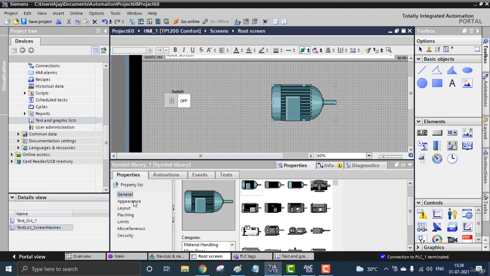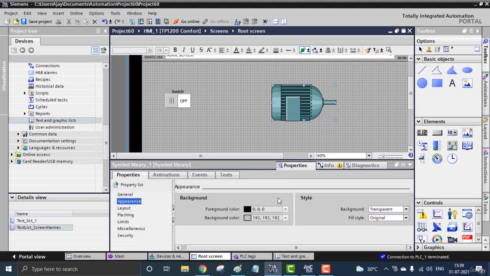Here you can see the appearance, and inside the appearance I just want to change the foreground color. You might be confused about the foreground color and the background color, because the background color means the entire color, that it includes these parts also. You can see the reference points to enlarge. These are the background parts, and the foreground means the exact model parts. That's a common mistake every guy makes during WinCC.